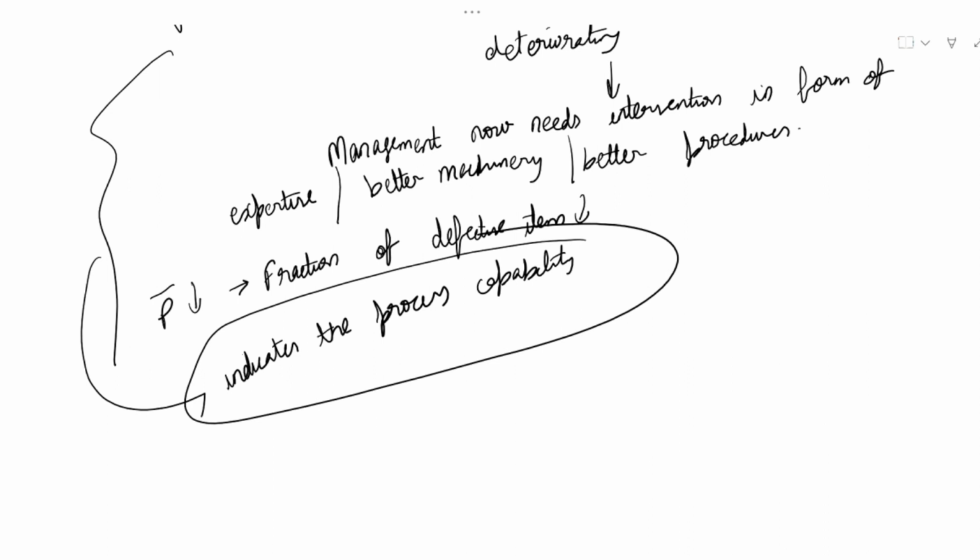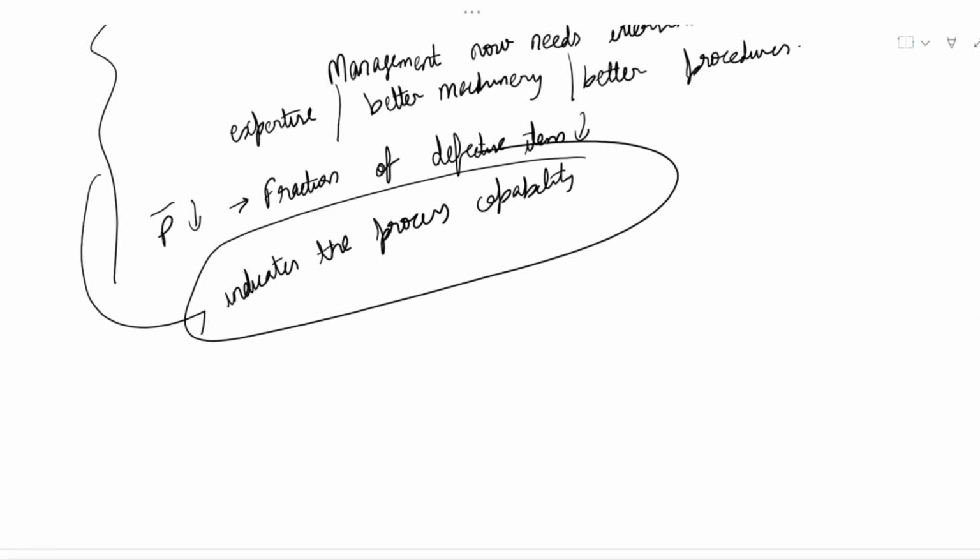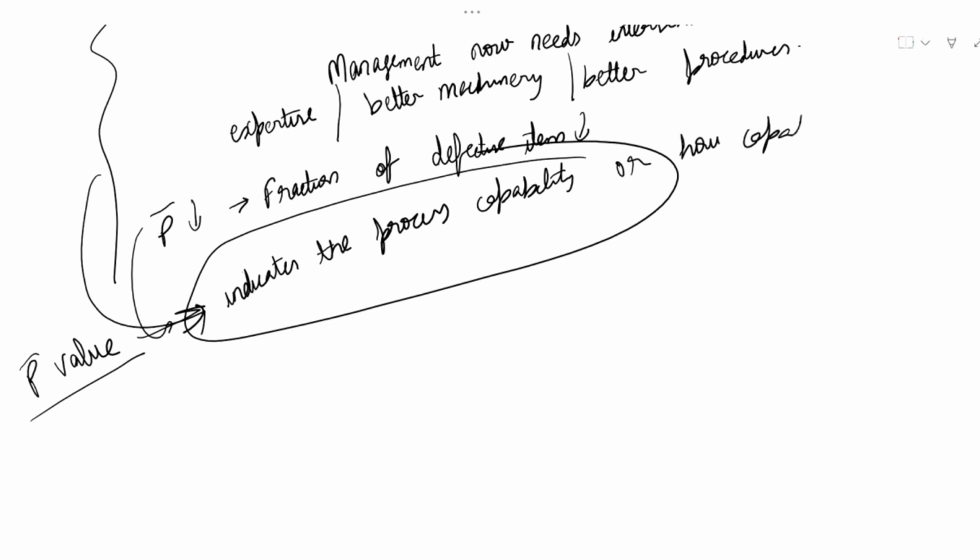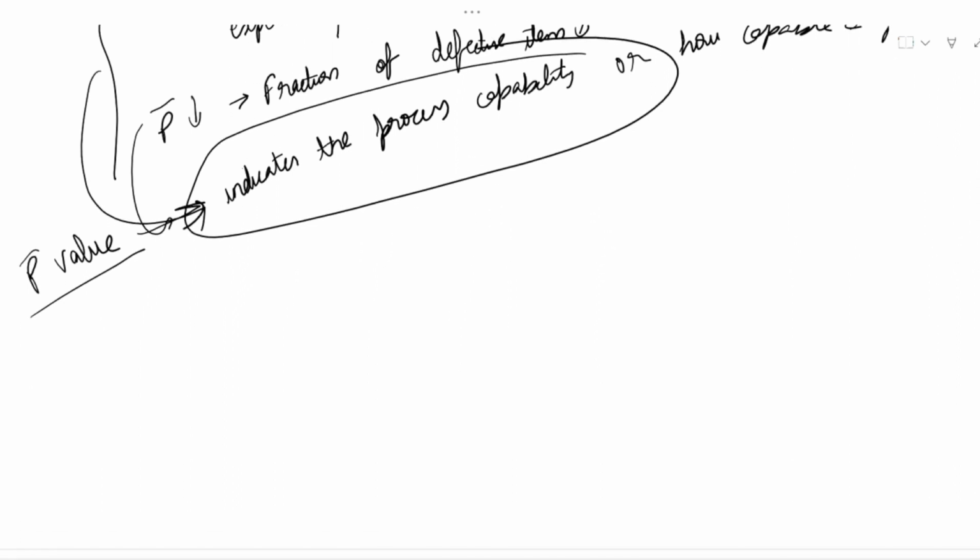Now, the central line value, that is the p bar, indicates the process capability, or how capable a process is. A lower value of p bar indicates better capability. Now, when the p bar value is low, this means better